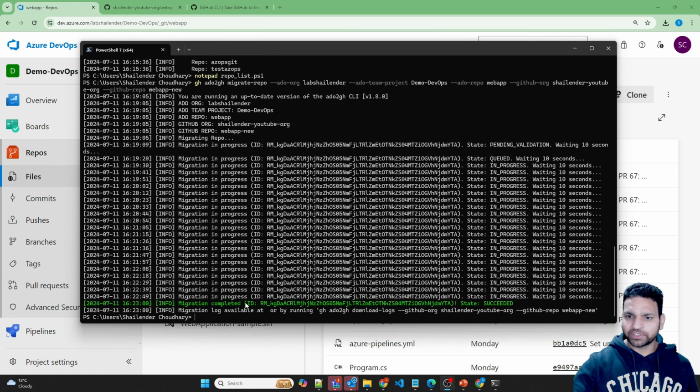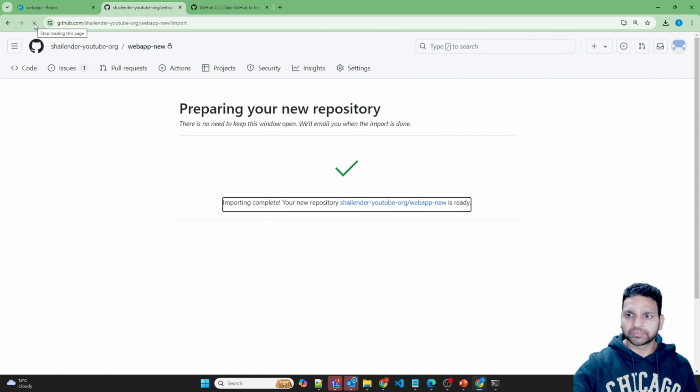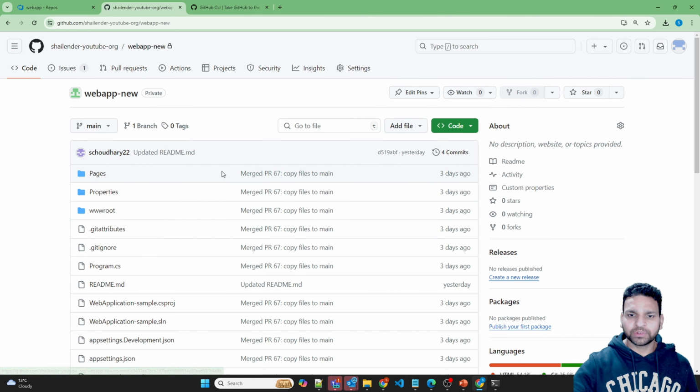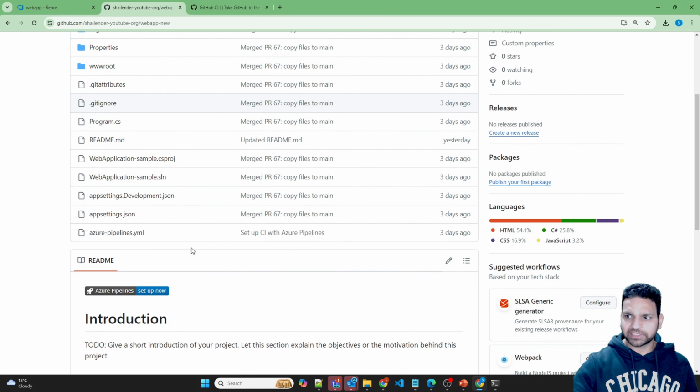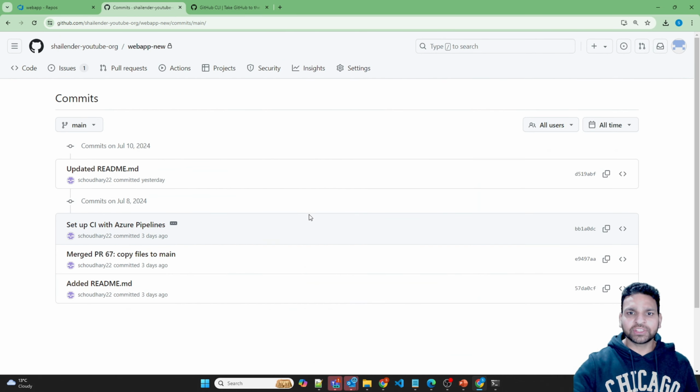Migration is successful now. As you can see, migration completed. Let's go to the GitHub now and refresh this page. And let's go to Web App New, and you can see all the files are present here. Now, if you go to the commits, you can see all the history of the commits or any pull requests which were done. So that means using the migration, you have saved all the different version history as well as any branch policies. However, there was no branch policy in this repo. Now let's go back to our script